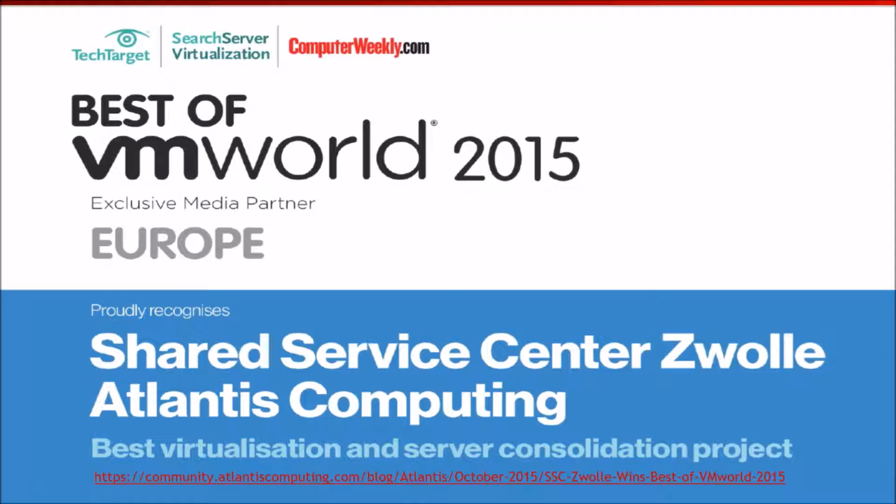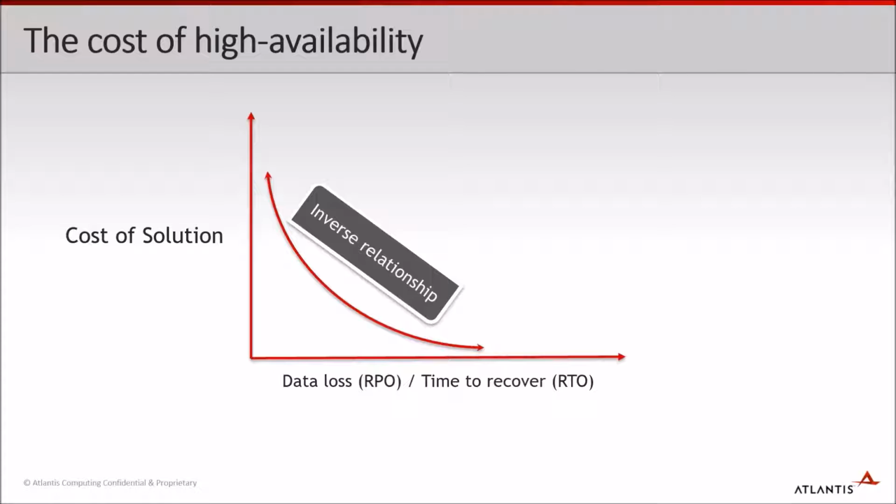Well, traditionally, if we look at high availability, people can achieve very high availability, which is represented here on the x-axis by terms such as recovery point objective (RPO), which represents the amount of data loss that you may see if there was a disaster, and RTO, recovery time objective, which represents the amount of time that one would take to bring their applications up and online after